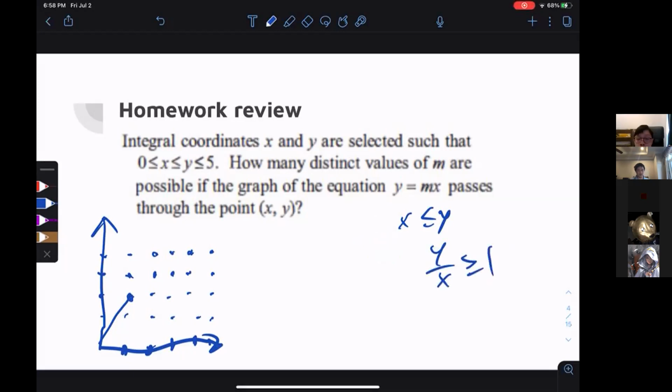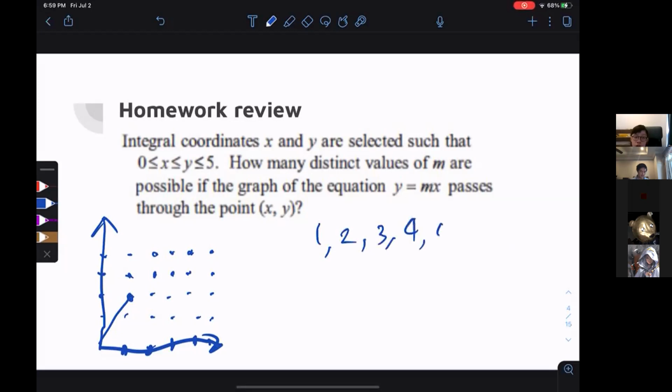So then the slope of this line must be bigger than or equal to 1. That being said, you can just do casework on the denominator of the fraction. Since the denominator can only be from 1 to 5 anyway, then in simplest form, the bound is still 1 to 5 for the denominator. So if the denominator is just 1, then the slope is an integer, which gives 1, 2, 3, 4, 5